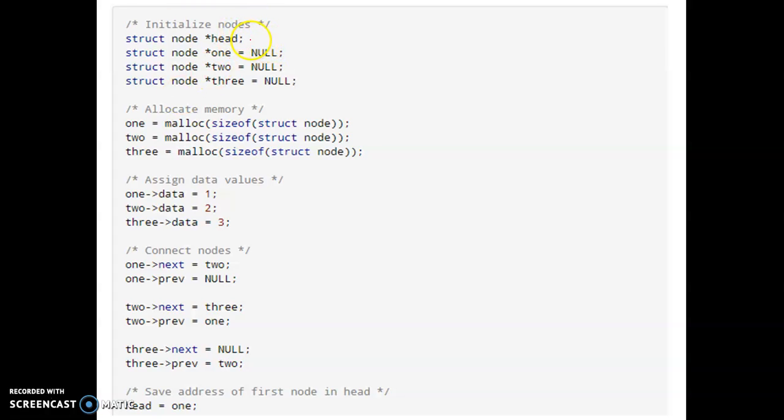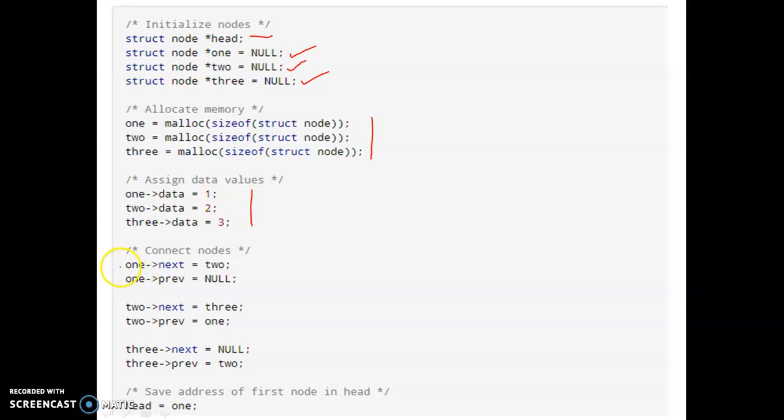Same here, we created one head node, and one node for the first one, and two pointers for the second node, three pointers for the third node. Again, we allocated the memory space for the three variables and assigned the data: one data as 1, two data as 2, three data as 3. Now we need to connect the nodes.